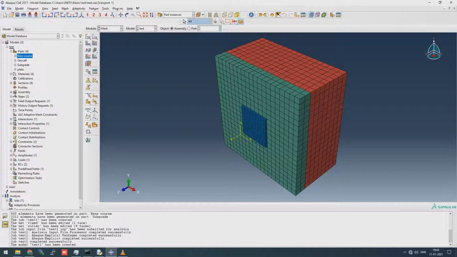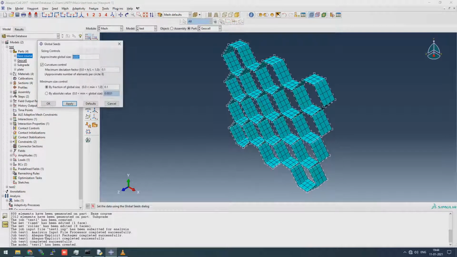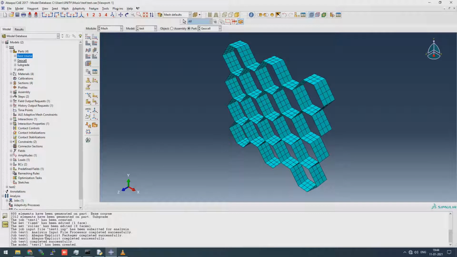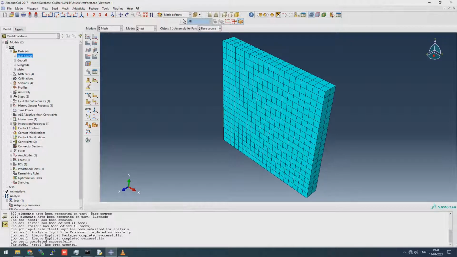And we'll go for the mesh. This is the basic mesh which I have already created, but you can create a finer native mesh for the geocell, let's say 0.031. That's automatically done, but you can select your geocell so that it divides itself and doesn't cut too small, so the element size should not be very small.